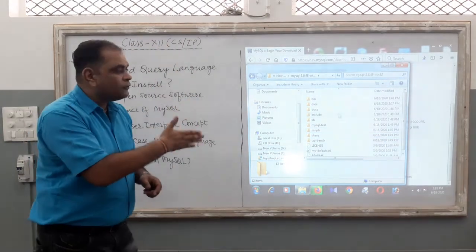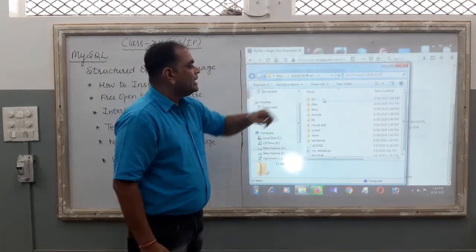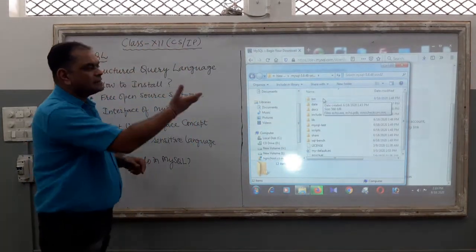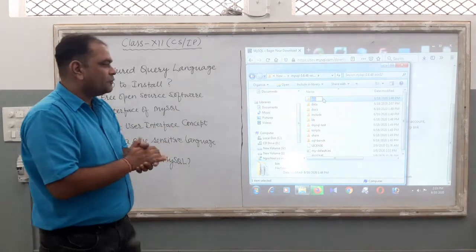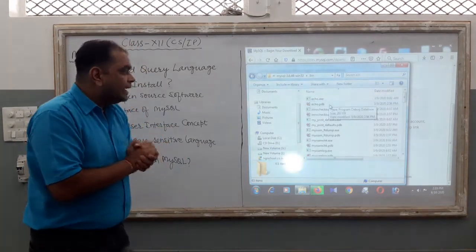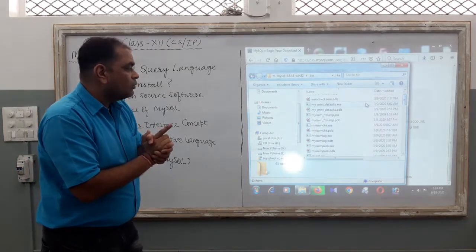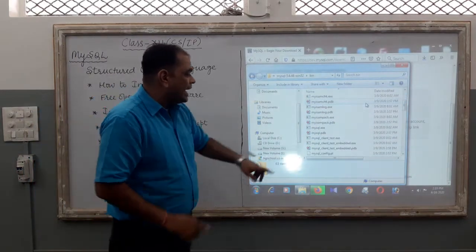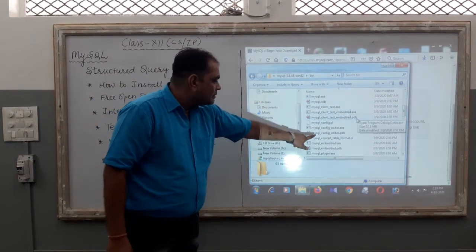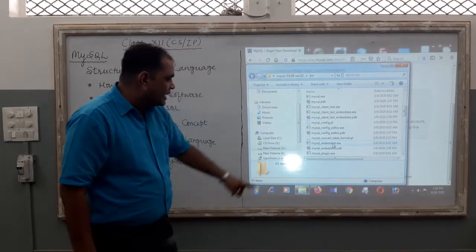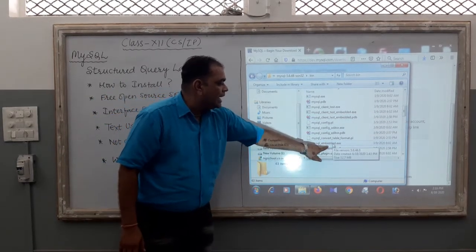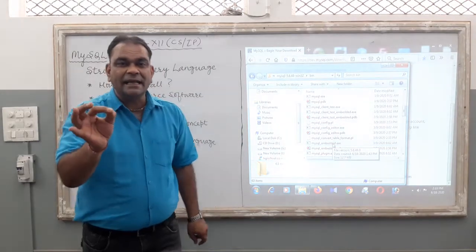And here in this folder, the very first option is bin, for binary. Just click on that folder, just go inside the folder. Here in this bin folder, you have to find the MySQL embedded setup. Just come down. Yes, this one. MySQL embedded.exe.